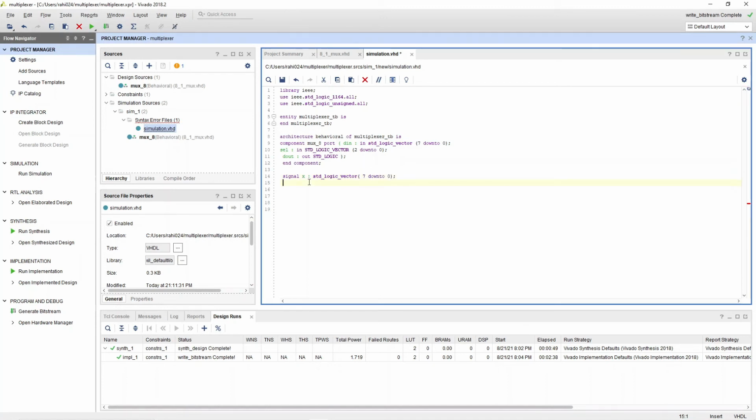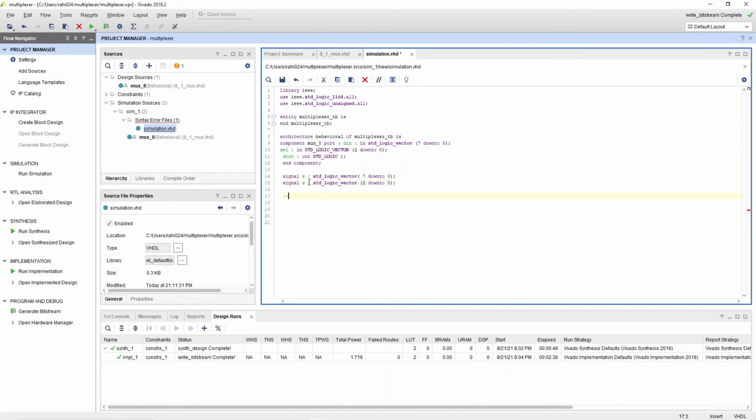Then you have another input signal for the select line, signal S, which should be a standard logic vector, 2 down to 0. Okay, so these are the input signals.